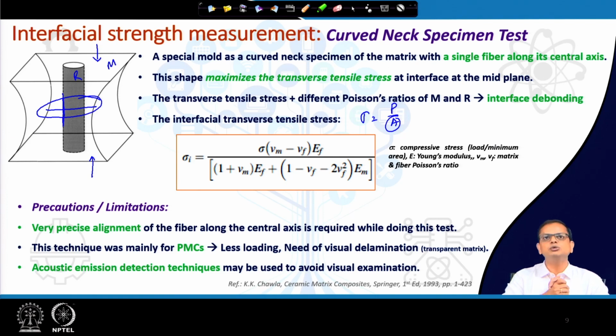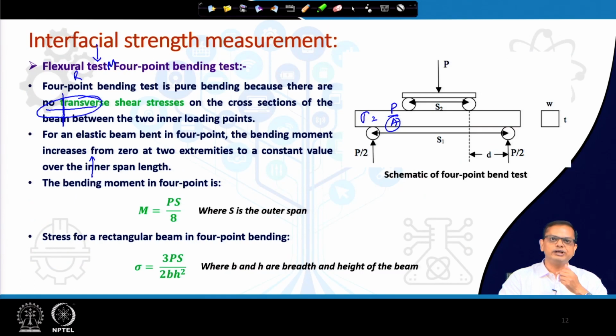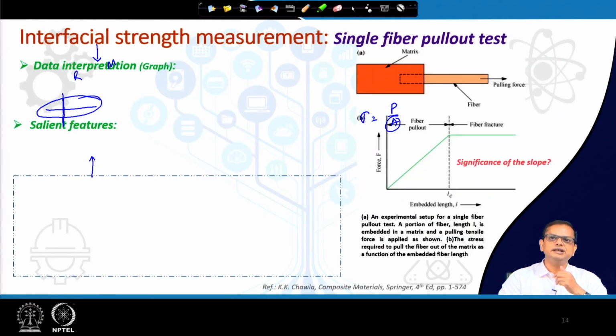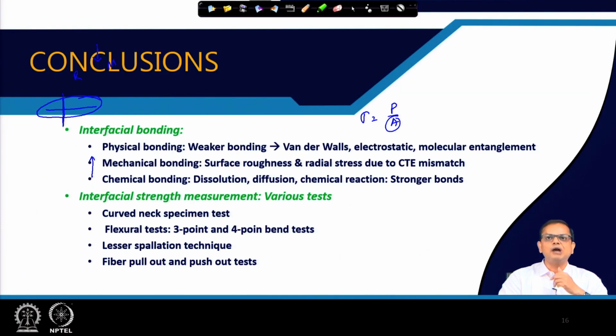And now we are learning about the different tests by which we can measure interfacial strength. The first one I have discussed in today's class is the curved neck specimen test. We have some more tests coming in the next few classes, and those I will discuss as we move on, but today I would like to conclude today's class,